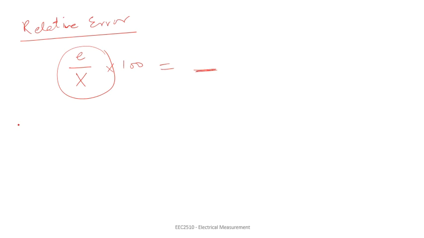Now let's suppose we take an example. The actual value of the voltage across a resistor is, let's suppose, 80 volt. This is the actual or the true value, whatever you can call it. However, the measurement gives a value of 79 volt. So when you measure it, you get 79 volts. This is the measured value for it.